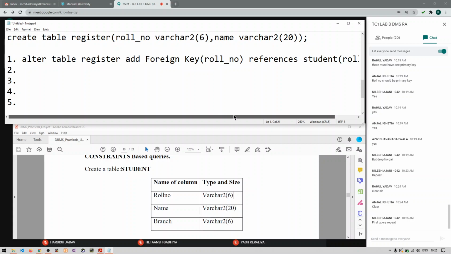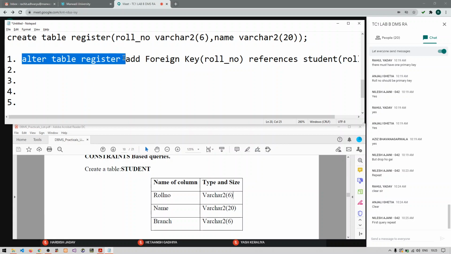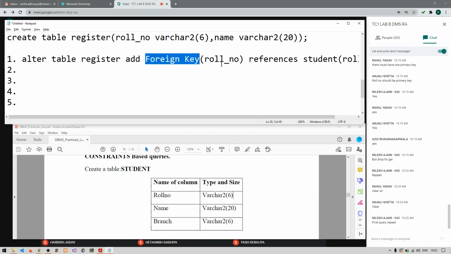So again I'm saying I want to add a foreign key on the roll number column of the register table, and it is going to refer to the roll number column of the student table. So now how to write it? Alter table register, then we are using the add keyword, then the foreign key keyword. Into brackets of that foreign key, we need to say which column is a foreign key of the register table.